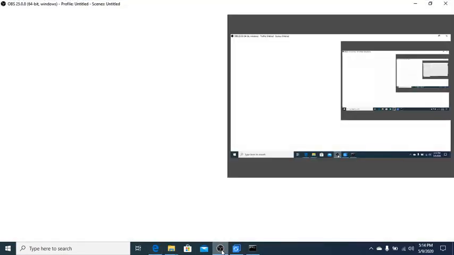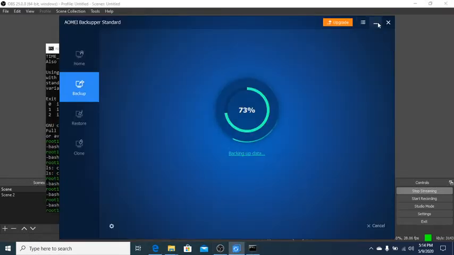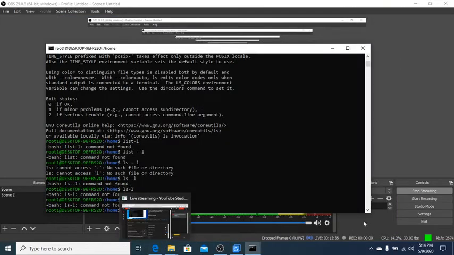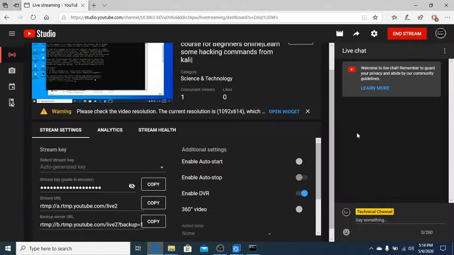So once more let's go to the backup standard, so we can do different types of things here. So our problem here is that